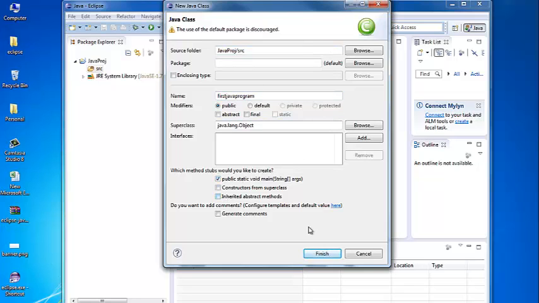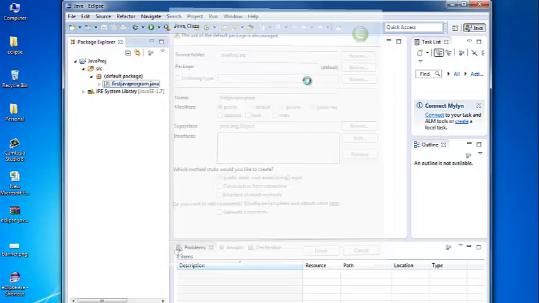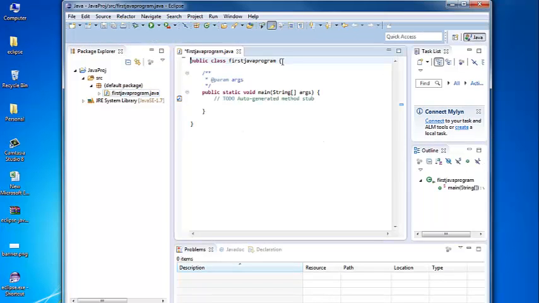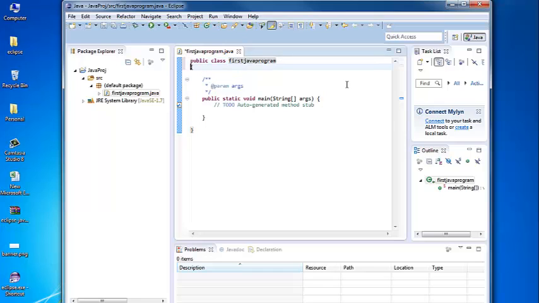I'll click this option, say Finish. So here you can see that a new class has been created by the name FirstJavaProgram, which contains the main method. The main method is the method from where the execution of a Java program begins.